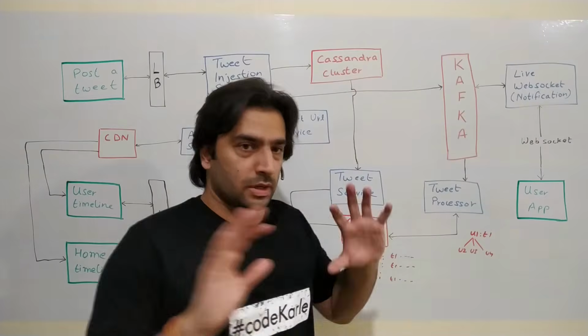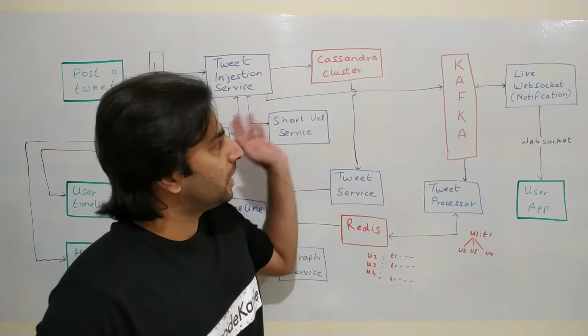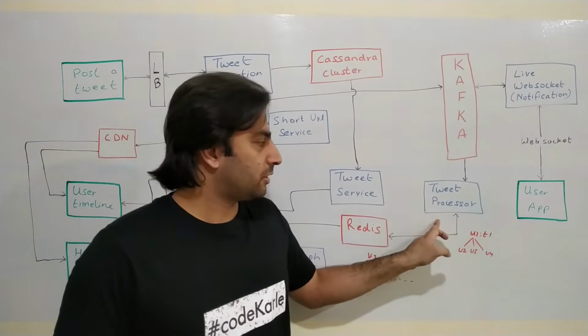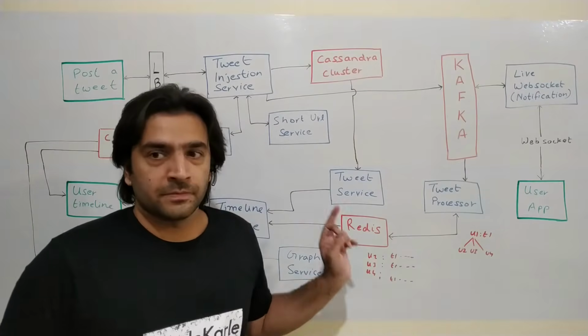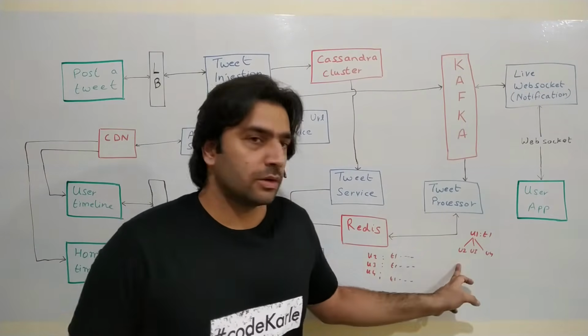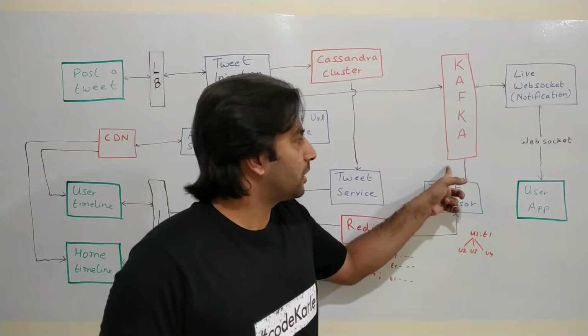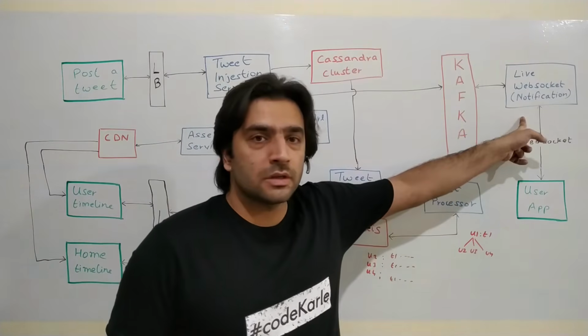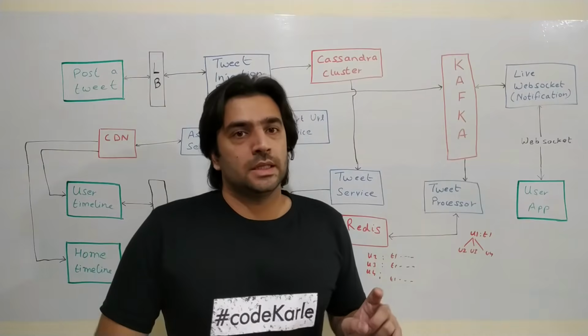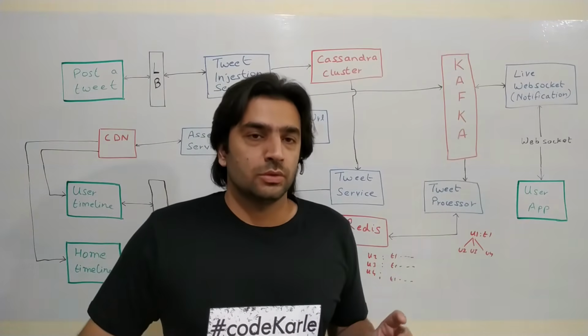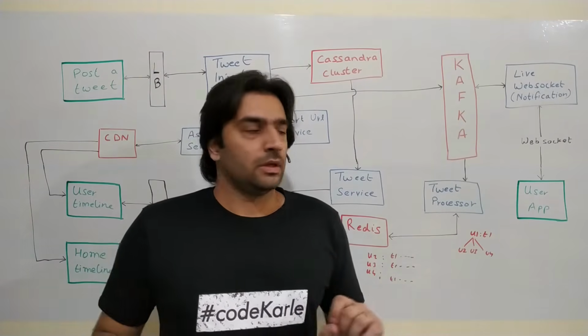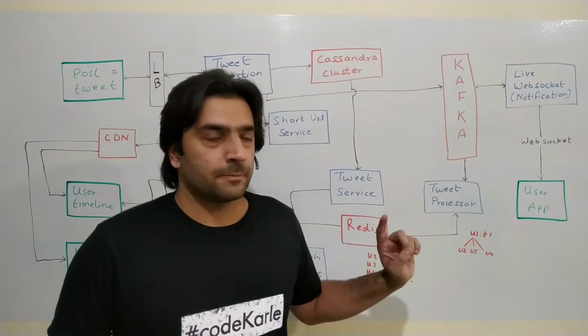Now, again, reiterating over the flow, an event comes to Kafka, and the tweet processor tries to update Redis. But while updating Redis, it will also get to know that this user is a live user. So it will put an event back into Kafka saying whoever is responsible for sending this notification down to the user, go send it right away. Don't wait for the person to query back, right?